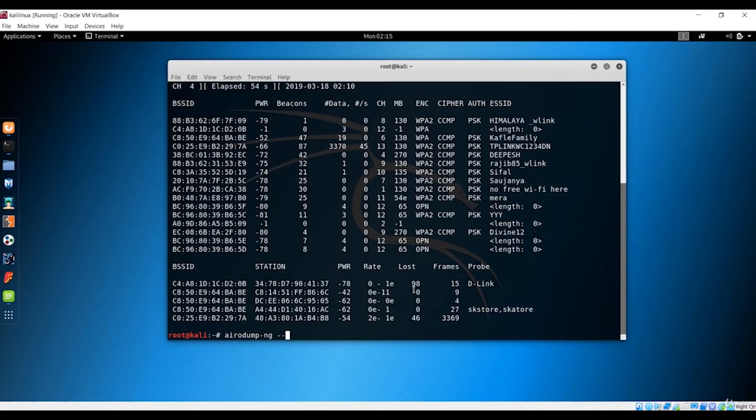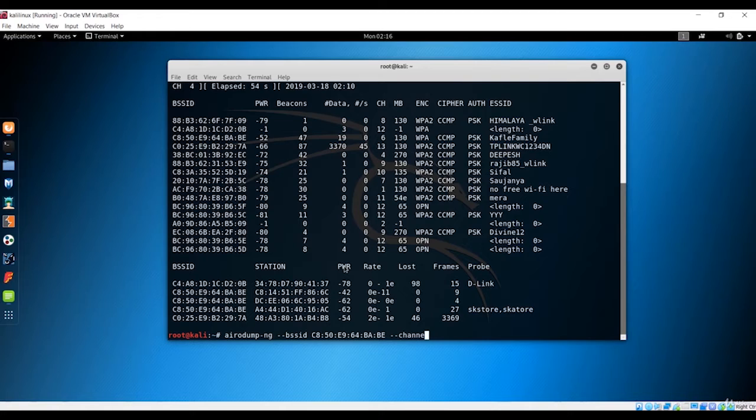After that, I'll just make use of this airodump-ng, which is the application, and after that we have this BSSID. This is to input that BSSID. Just use the BSSID which you want to attack. In my case it is right here. I'll copy it and paste it down here. So this is the BSSID, and the next one is channel.